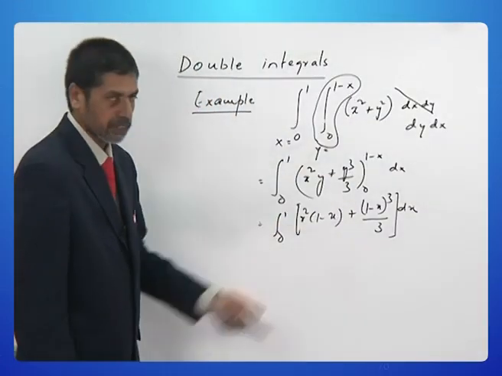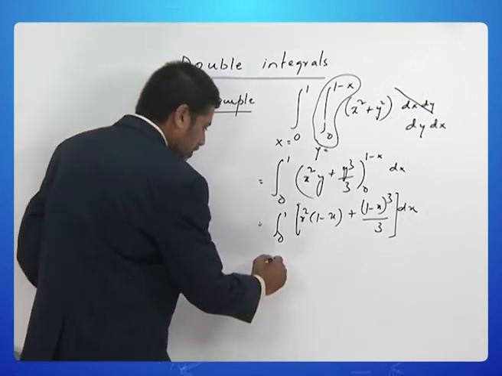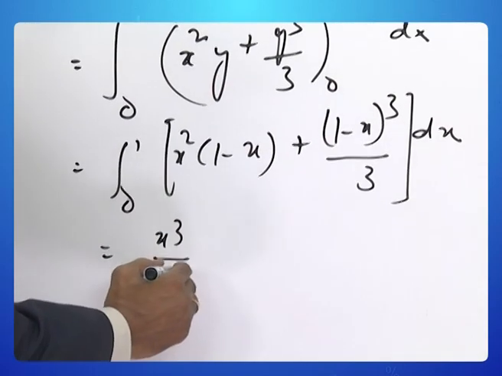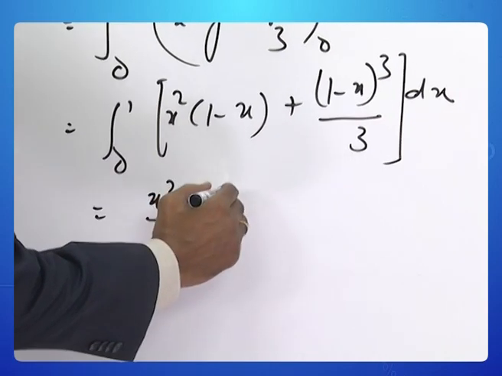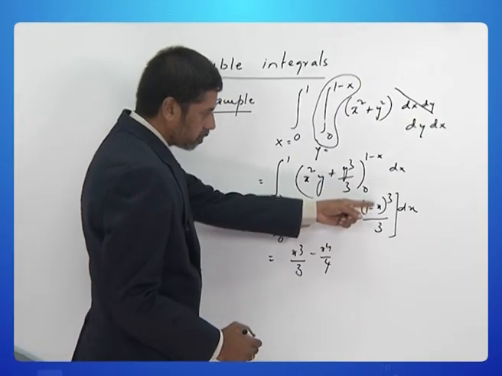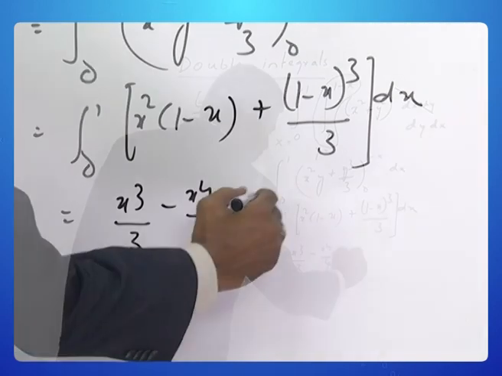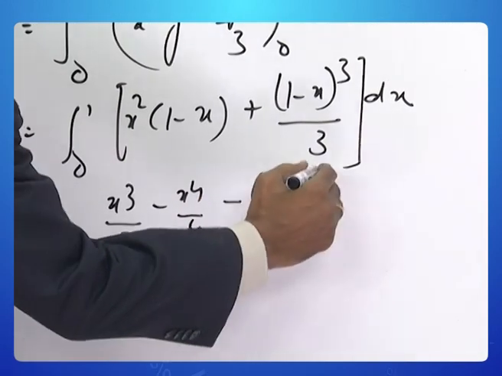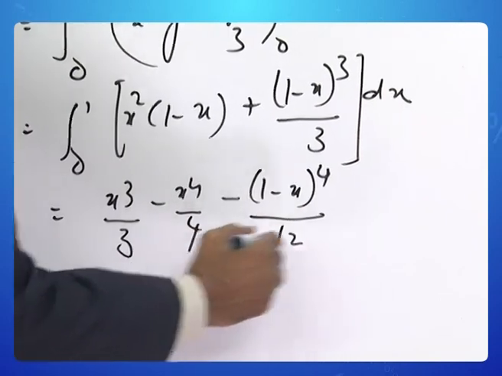Lower limit produces nothing. So when you integrate this, you get x cubed by 3 minus x power 4 by 4, and this can be directly integrated without expansion. You will get minus of 1 minus x whole to the power of 4 by 12,